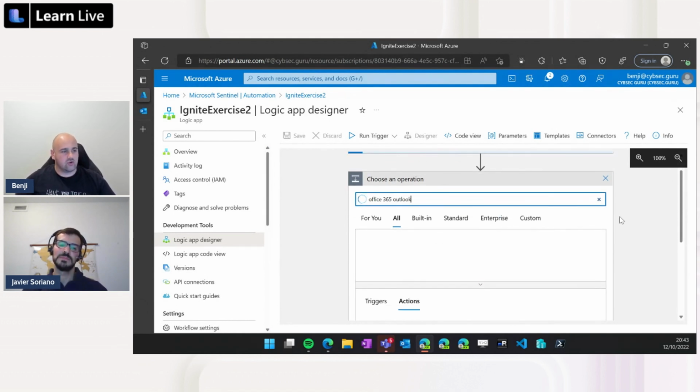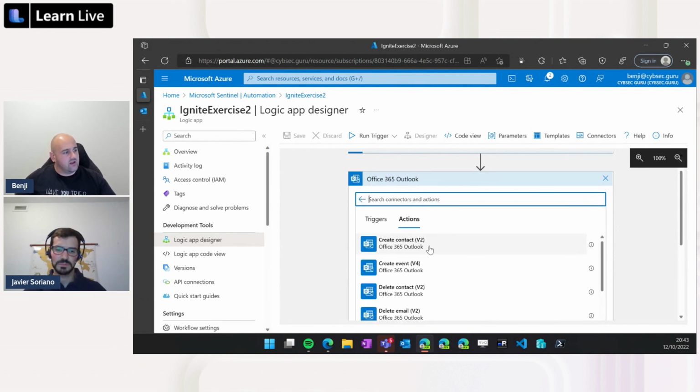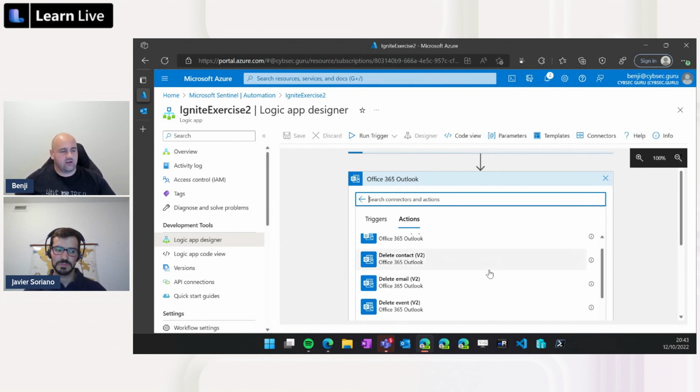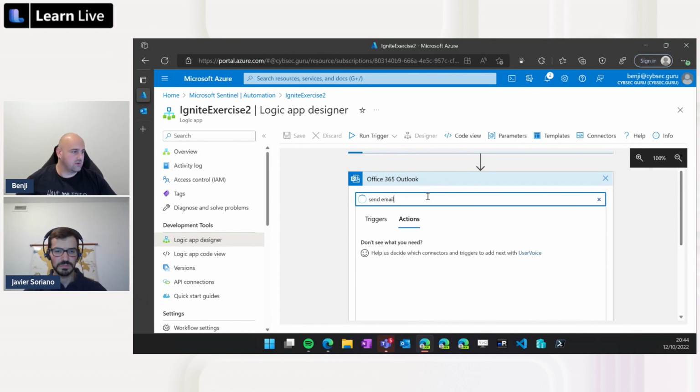That will give us the option to actually send this email. And now we can see all the actions that are connected to Office 365 Outlook. So we can delete an event, we can flag email, forward an email, using everything that is available with the API. And now what I want to do is to send email.